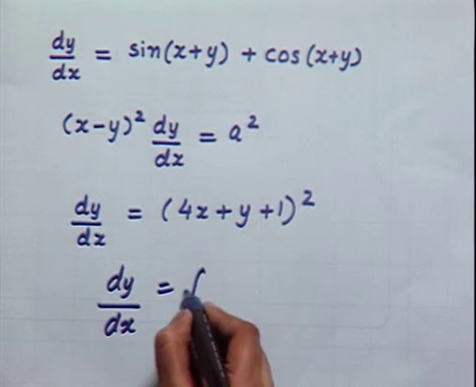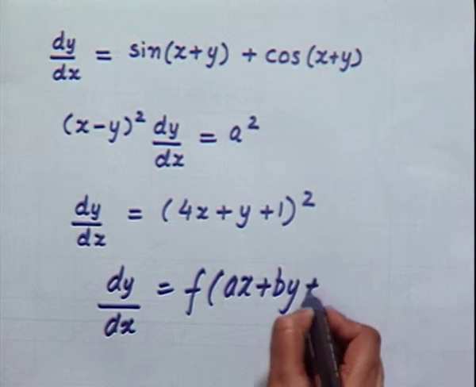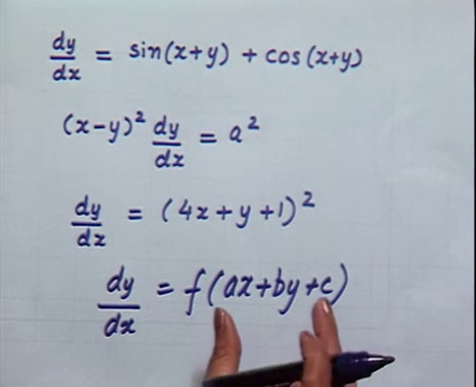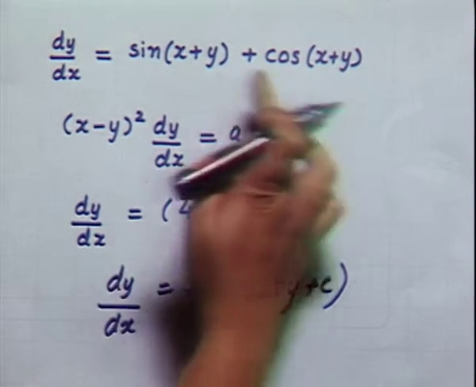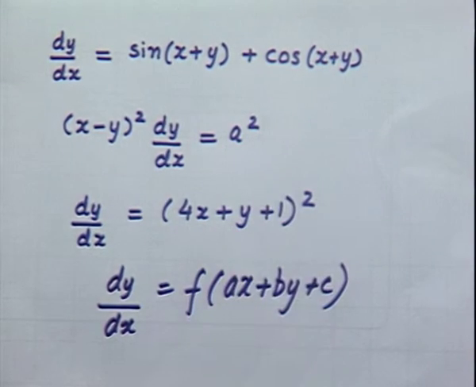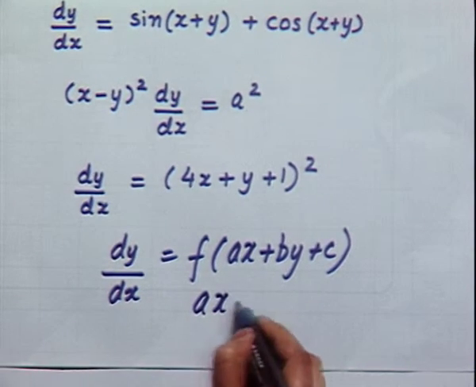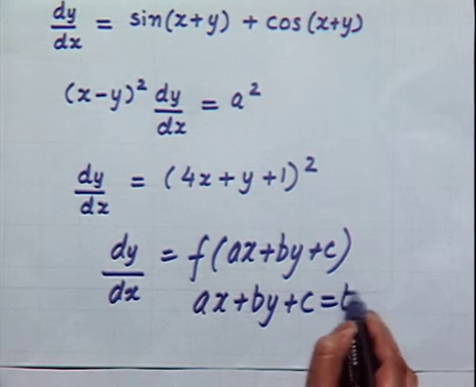Take a good look, and now if I say that they all come in the category where dy by dx is the function of ax plus by plus c. That is, dy by dx is a function of the linear combination of x and y. So, I can't separate x and y, but if I take a special substitution, and the special substitution is to take ax plus by plus c to be equal to t, then the equation will work out. Let us see if it does. Consider